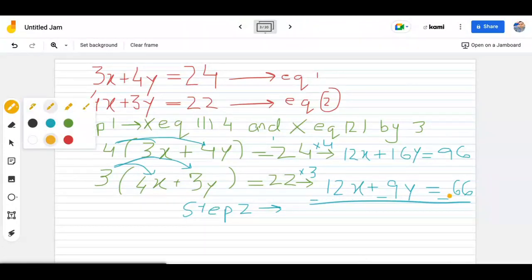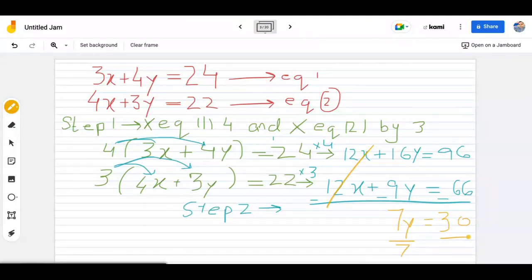In subtraction, what do we get? 12x minus 12x is cancelled. 16 minus 9 is 7y, equal to 96 minus 66, which is 30. So we have 30 left, and to find the value of y, we need to divide by 7. So this 7 will be cancelled, and our answer for y is